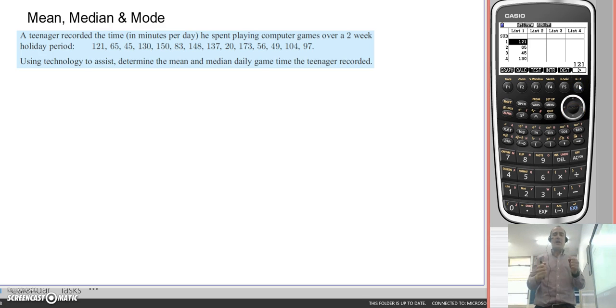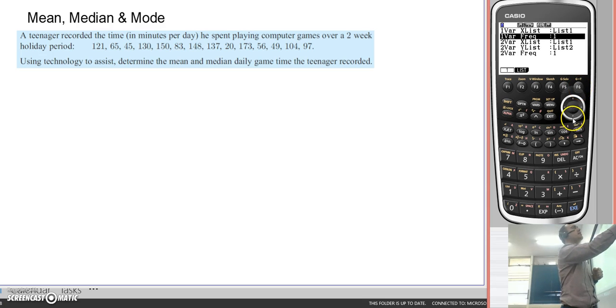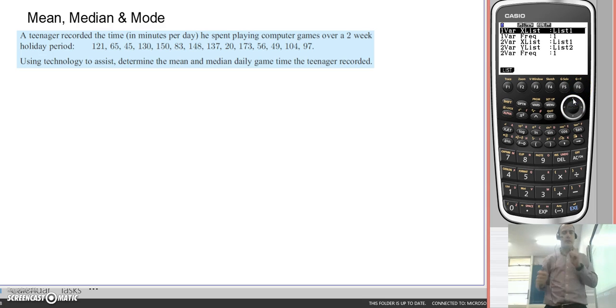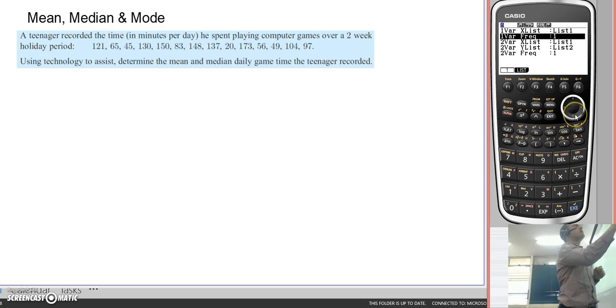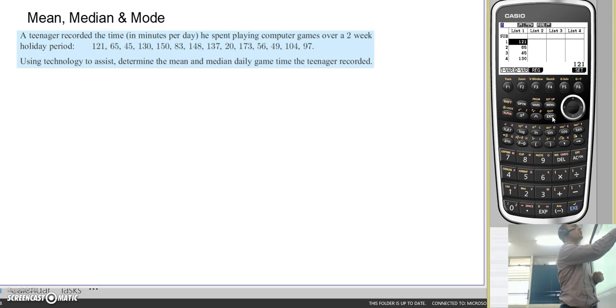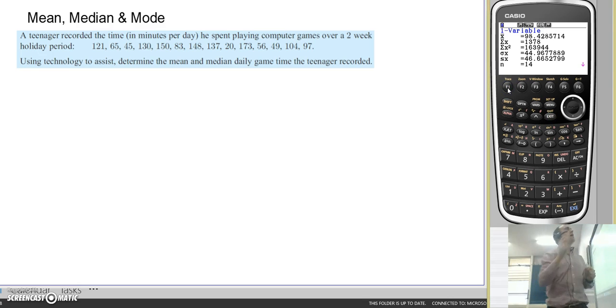I need to calculate what the values are, so F2 is calculate. I'm calculating my first variable. I might check my settings to make sure that, what list is it looking at? List 1. The first variable, frequency, how often does it happen? Well, each piece of data only occurs once. So my settings are correct. I can exit out of that and press 1 var, so first variable, and it gives me a list of